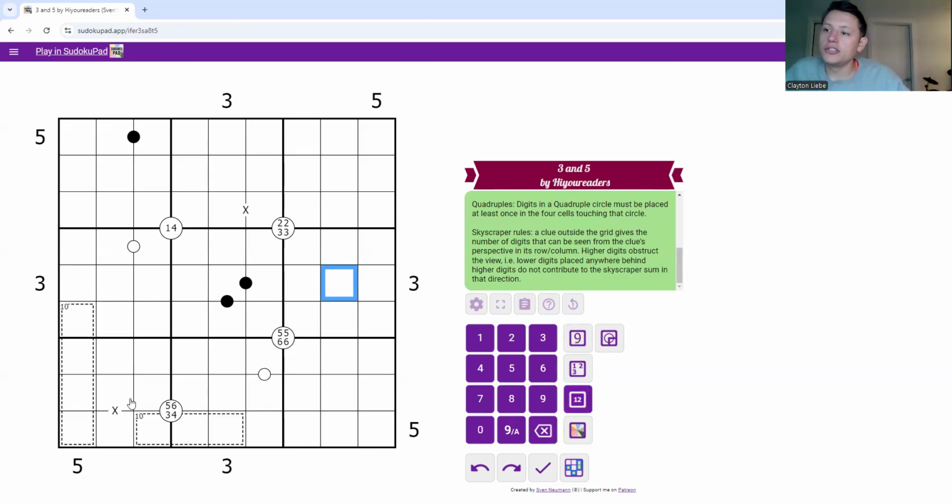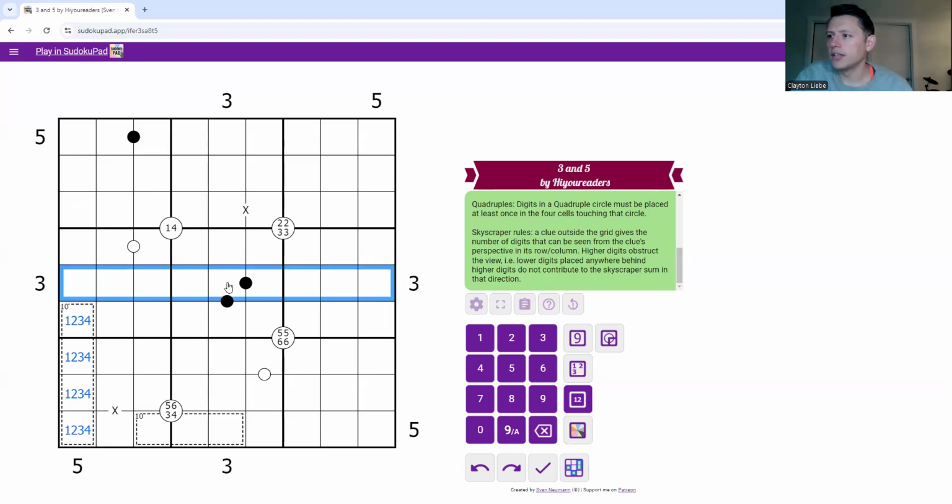Let us turn our attention to the puzzle itself. First thing I can tell you, if you look at a 4-cell 10 cage, it just has to be 1, 2, 3, and 4. So all of these digits have to be higher. They all have to be 5, 6, 7, 8, and 9. I can also tell you that one of these digits here will be low. 1, 2, 3, or 4. So these 3 digits will all be high. I don't know what that says about the puzzle yet. I don't even think that's the place to start, but